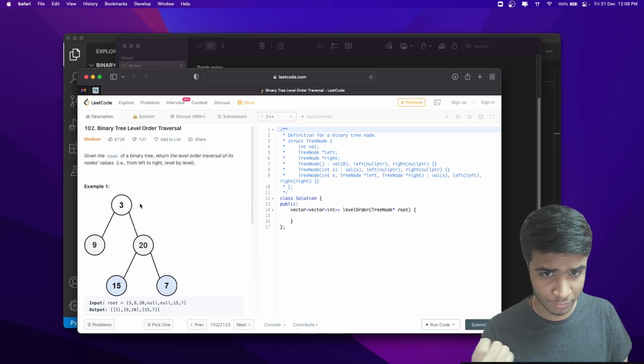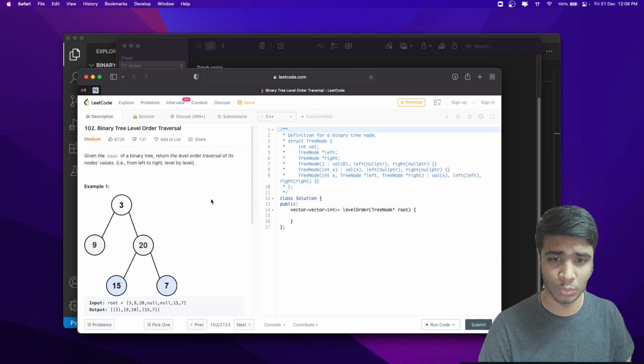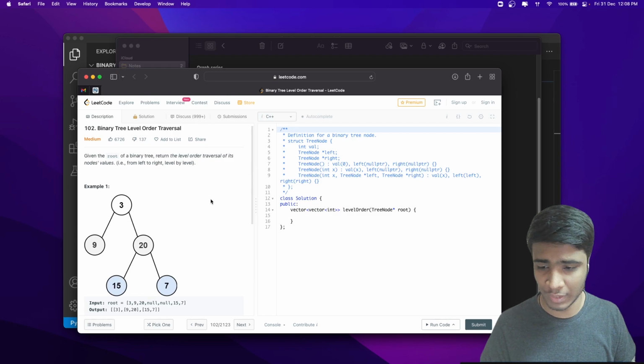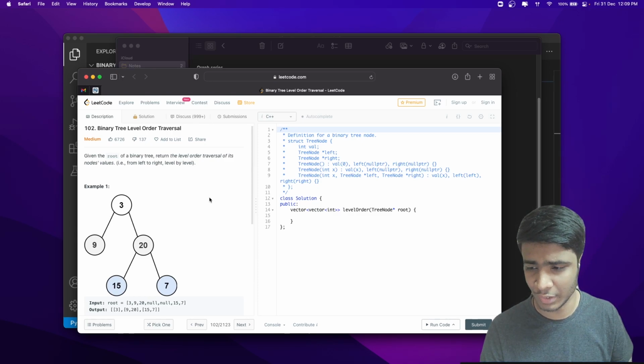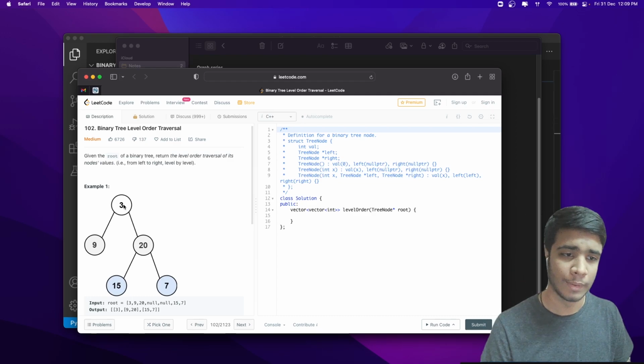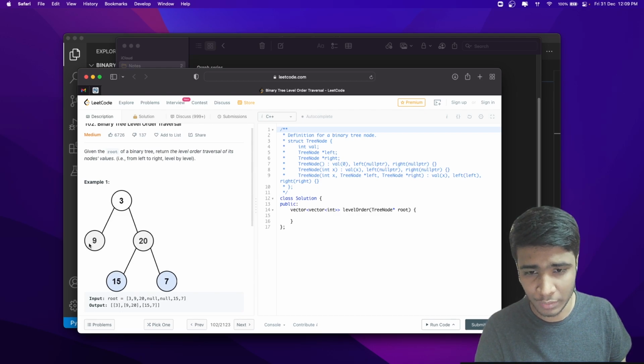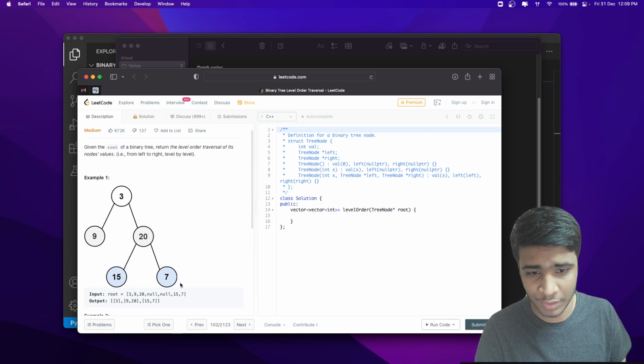When I mean by level is all the nodes at a single height. When I say height, consider it as plain height, a basic English height. Don't take any definitions here. So root 3 is at height 0, or level 0, or some people call it level 1, but let's keep it as level 1. So at level 1 I have a 3, and this is going to be my level order traversal at this level. And at level 2, I have 9 and 20. So this is going to be my second level. At level 3, I have 15 and 7.